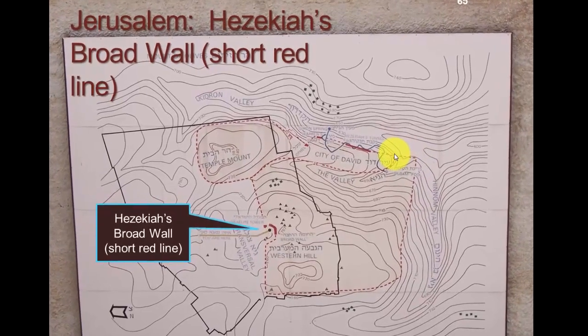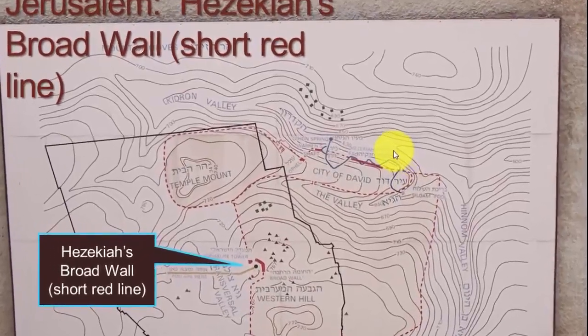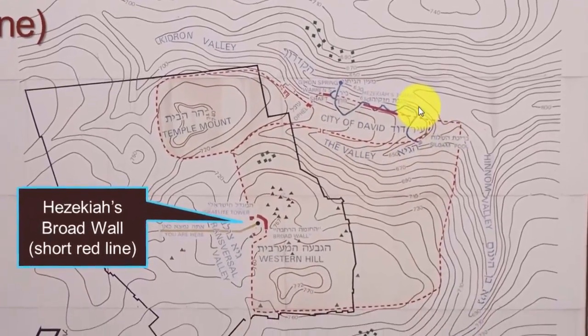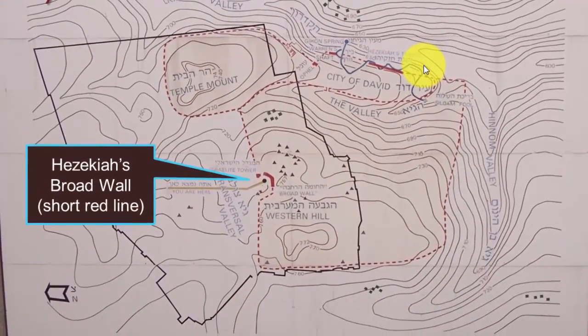Originally, the walls around Jerusalem would have followed where the cursor is making its path right now. Above the Kidron Valley, there on the east side, running south to north, and then encircling the Temple Mount and making its way down the west side along the zone known as the City of David. When Hezekiah came to the throne, this would have been the extent of the outer fortifications protecting the residents of